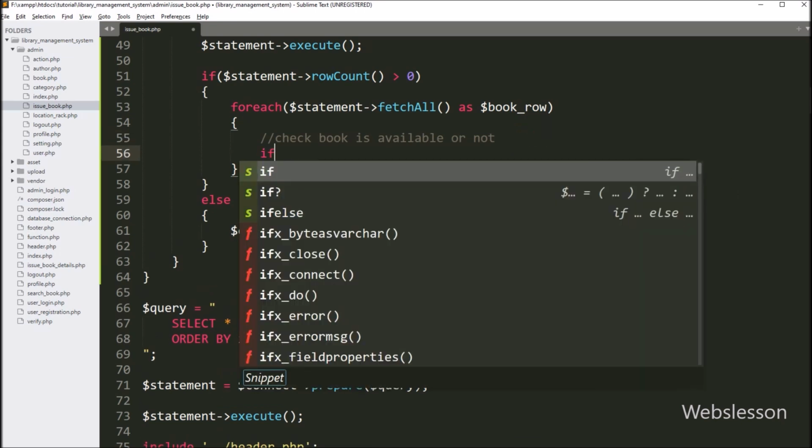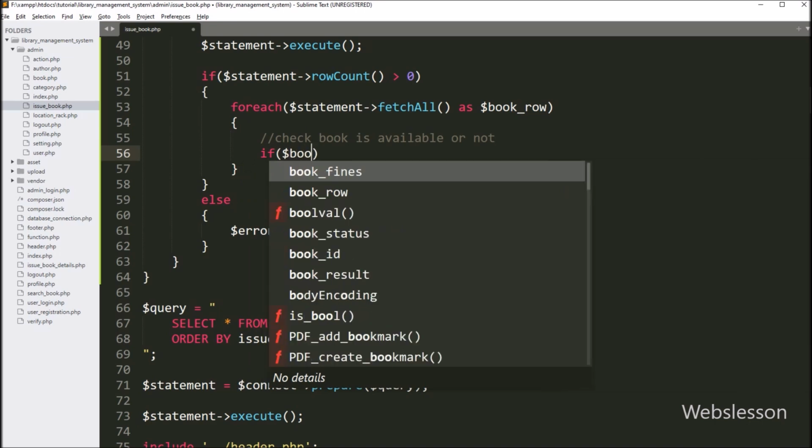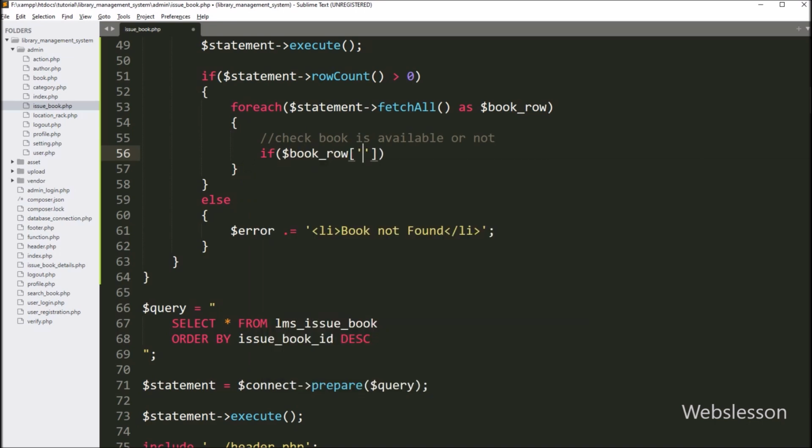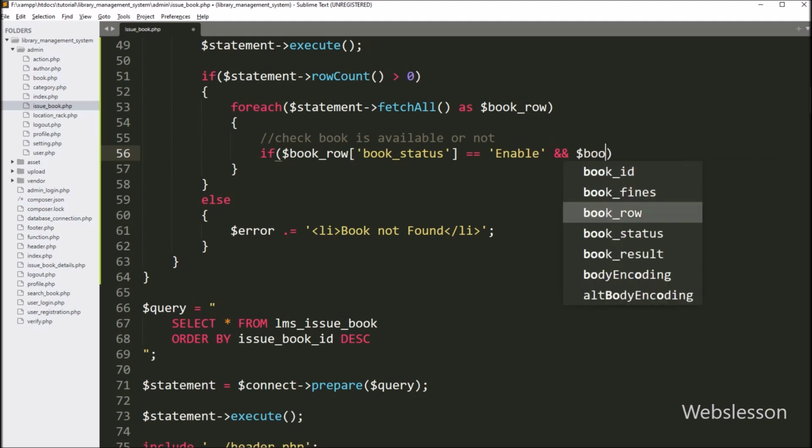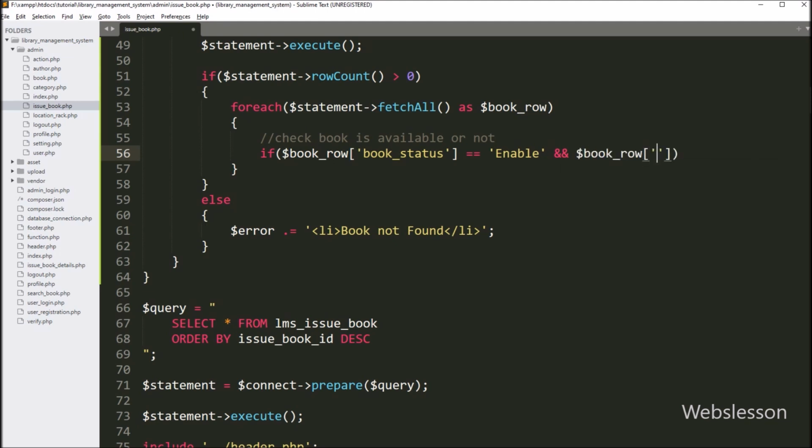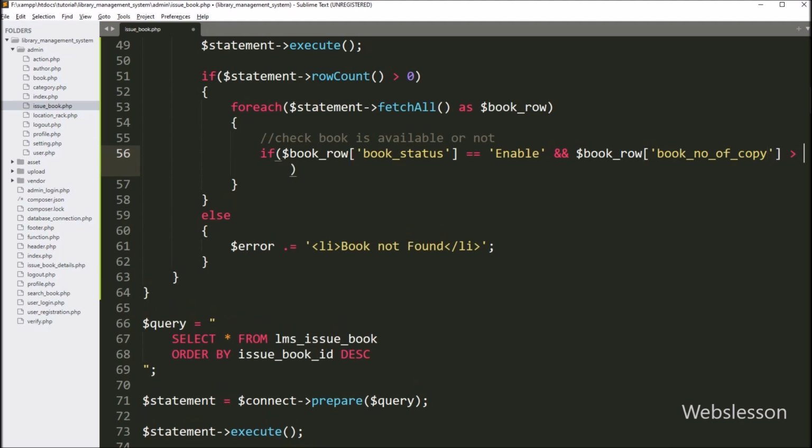And under condition, we have to write $row book status variable value is equal to enable, and book row number of copy variable value is equal to 0, so suppose this condition is false, then it will execute else block of code.